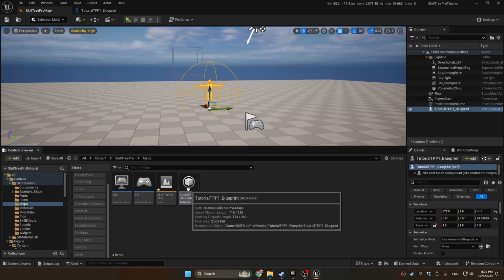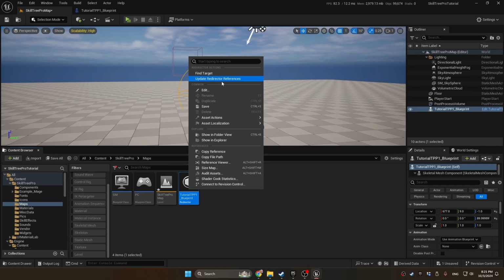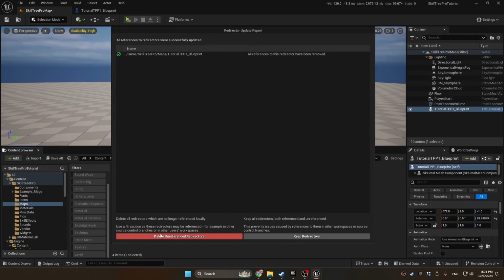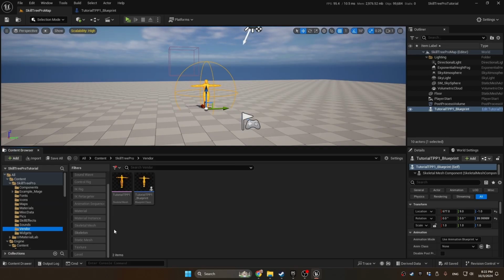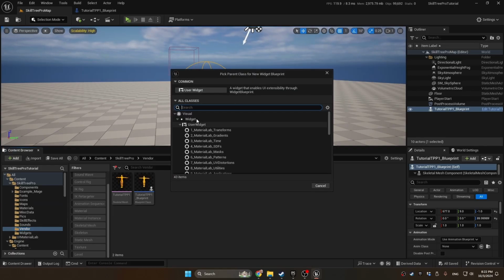And here we have a redirector. One thing you can do with these is you can simply right click them, update redirector references. And because this project is local, it's not shared on source, we can delete down to the vendor folder. And now we'll make that widget. So right click, user interface, widget blueprint, user widget,